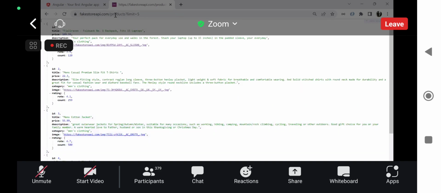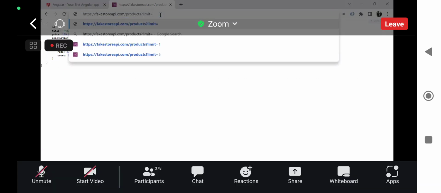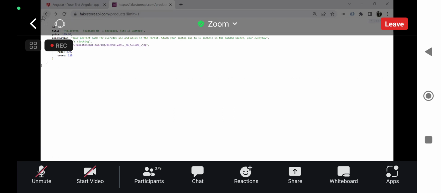Now you see when the user has given fakestoreapi.com slash products and the limit is 1, I'm able to see only one item here. When the user has given limit as 7, I'm able to see 7 items here. Like that, a couple of APIs are ready and they are giving it to us. Now I'm going to use them in order to work on it. So to do that, the very first thing is